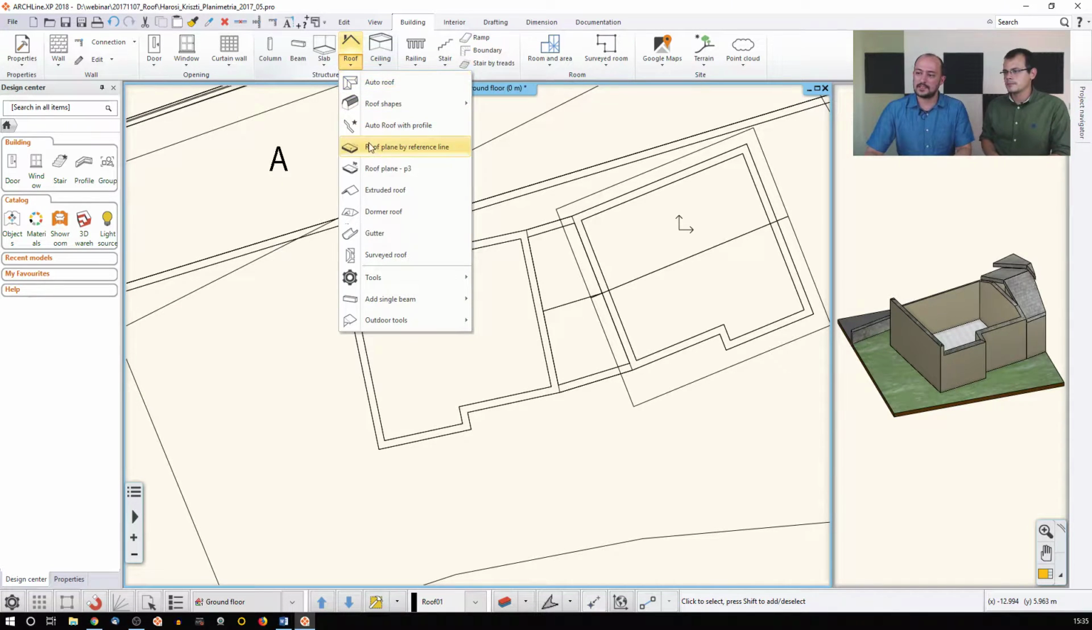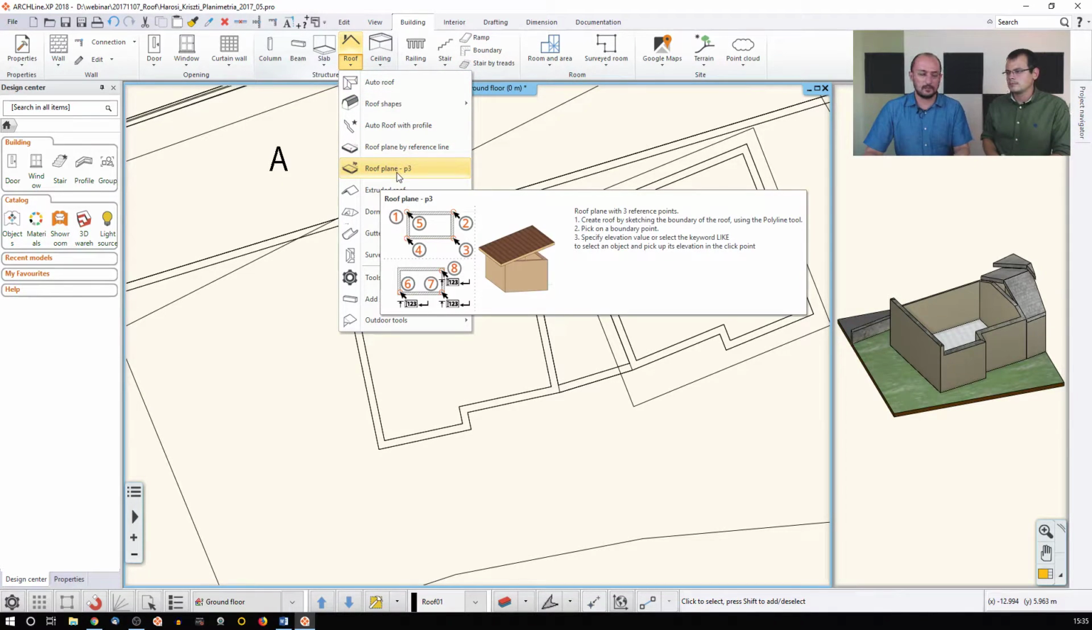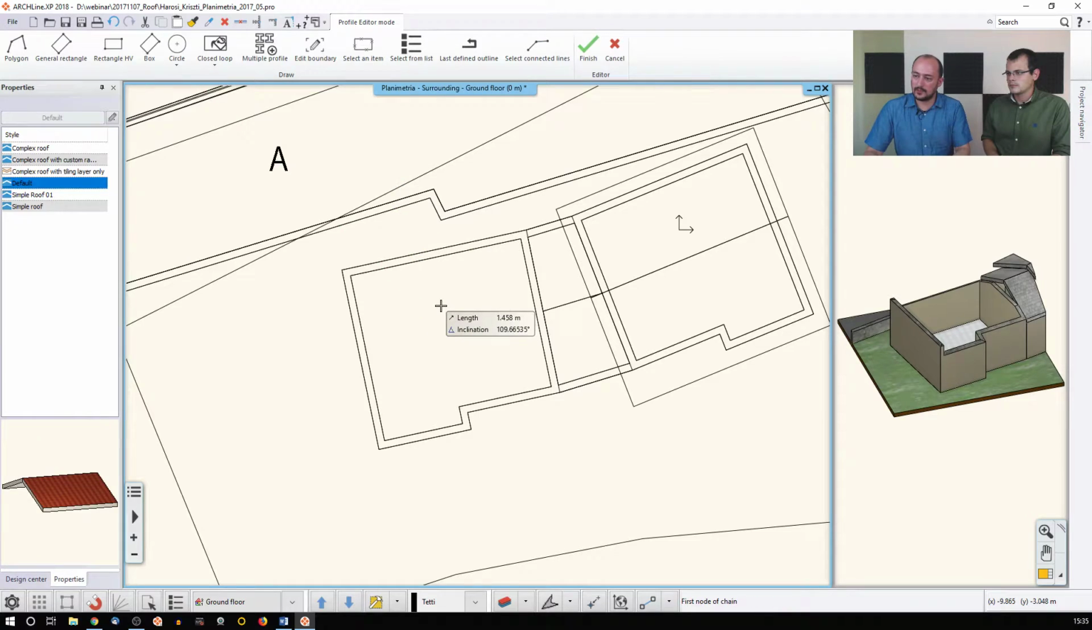I will use this roof plane by 3 points because that's the most used, because we know the distances in the 3D space. So I click on this one, and first things first, again, just as in other cases, I need to tell the software what the roof shape is. The roof shape in this first example will be the whole room itself. So I just click here, I just follow the contour,